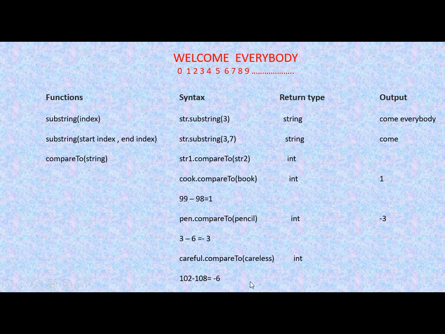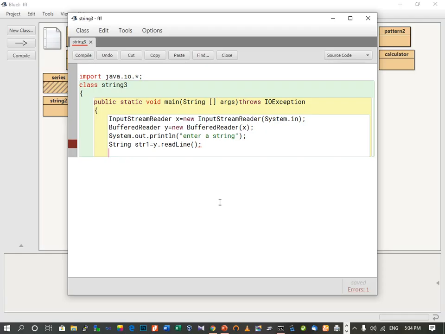Now let's see how to implement this compareTo function in Java. So here we are back with the editor. As this function needs one more string, we will ask the user to enter one more string.